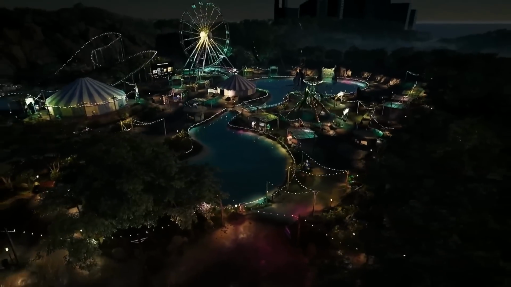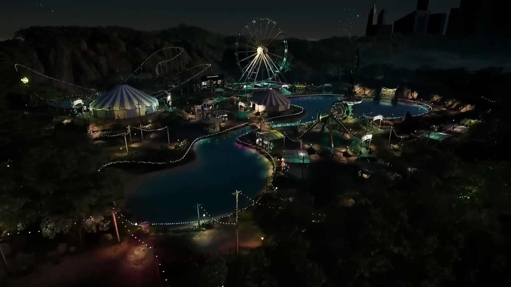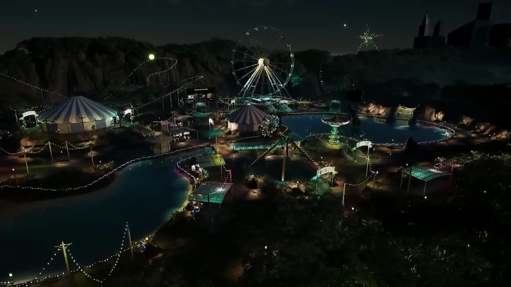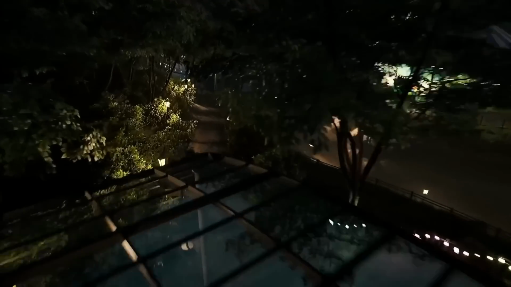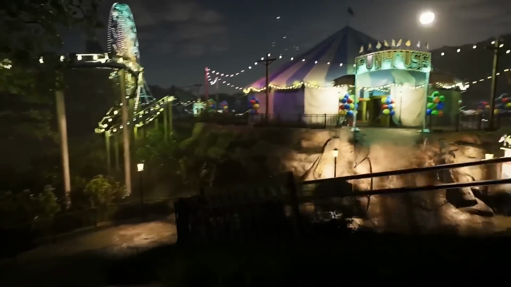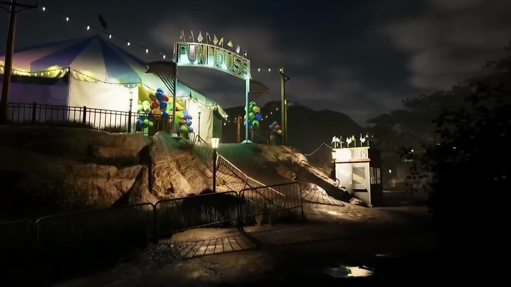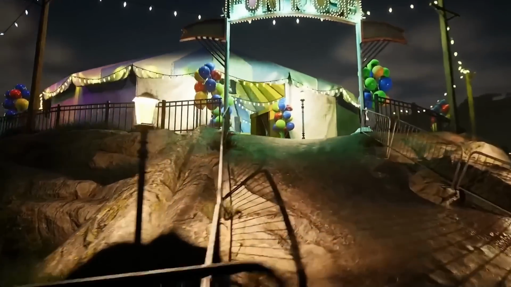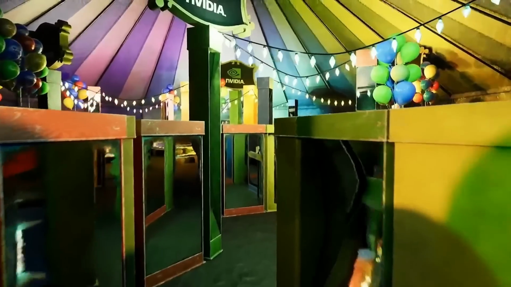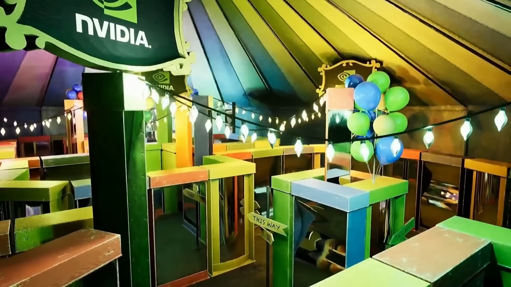So in this scene, we're showcasing where we are today with path-traced light transport in UE5. The scene has well over 1,000 dynamic light sources that all cast accurate shadows with penumbra. We have additional dynamic lights from a Niagara particle system for the fireworks. These also cast shadows. This includes denoising with DLSS ray reconstruction, and it's running at 1080p using the DLAA preset,